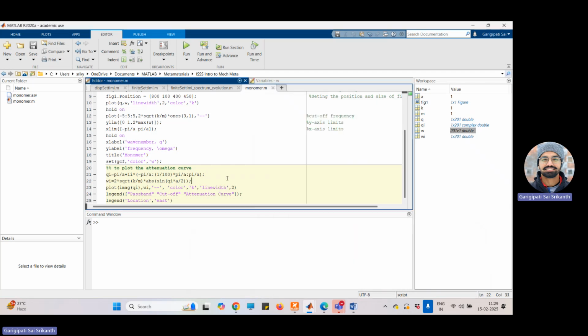Okay, yeah. Now the question is, why did we choose the values of Q for plotting the attenuation curve in such a way that, so this pi by a is the real part plus 1i, means 1i is